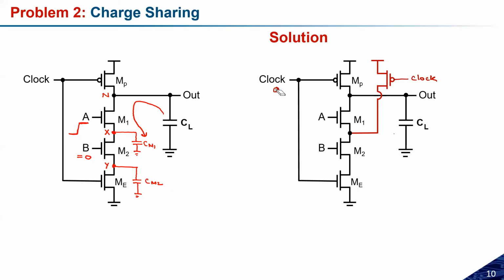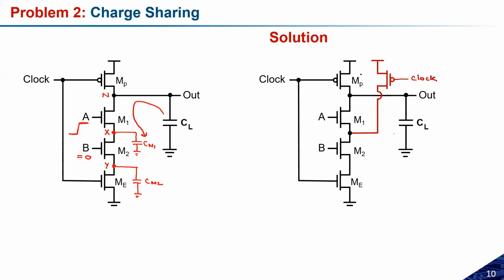Okay, so in some cases, let us assume this capacitor is getting discharged. Let us assume this is in the on state, so this may be shared with the other capacitances, and that can be held with this one. Okay, so this is how it is different from the previous one.